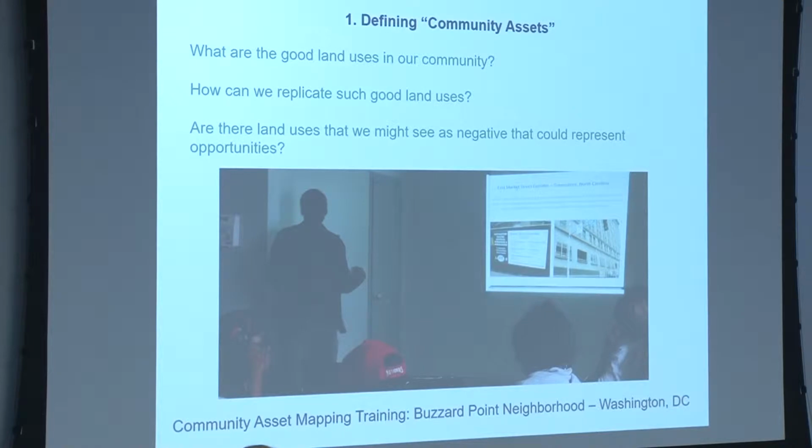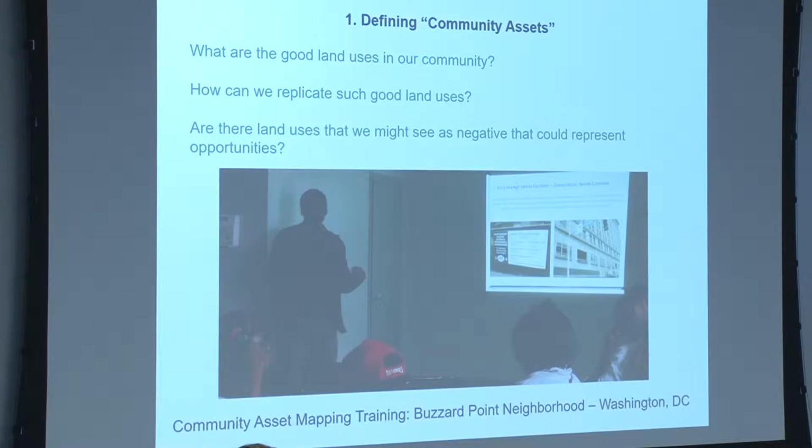I spent a lot of time mapping pathology early in my career. I'm sure most of us did. I've mapped toxic release inventory sites and asthma. I've mapped toxic release inventory sites and places where we have high rates of infant mortality. I've mapped sinkhole, high propensity for sinkhole formation areas in Florida. Lots of pathology. But asset mapping is when we ask the community, what are the good land uses in our